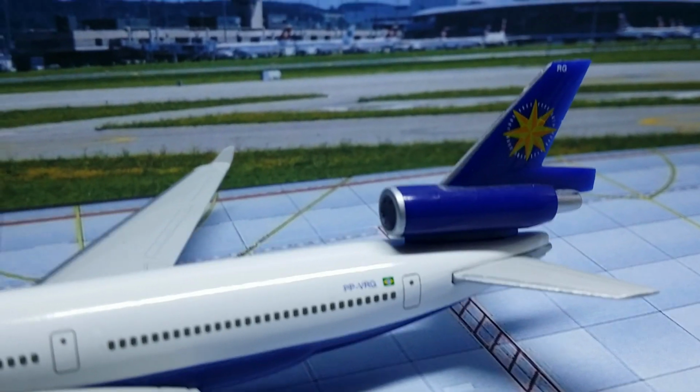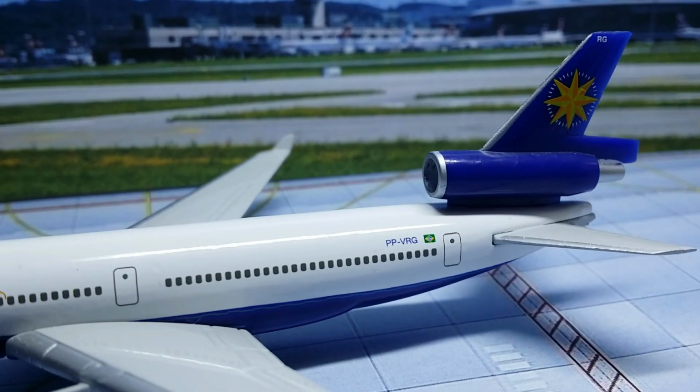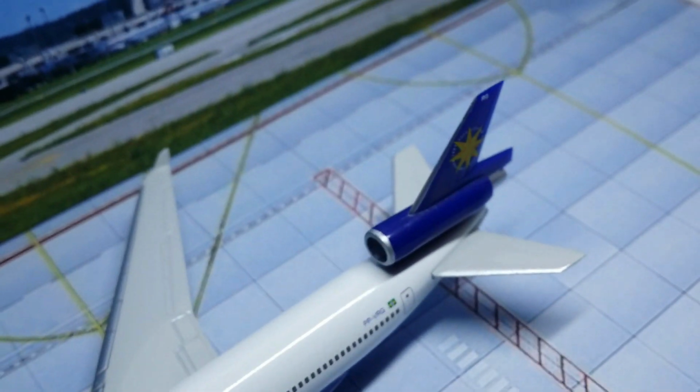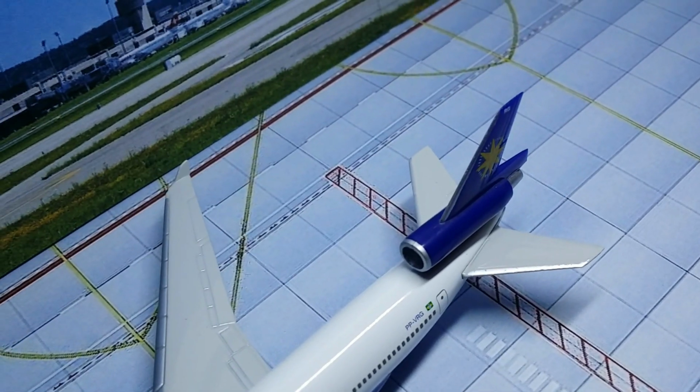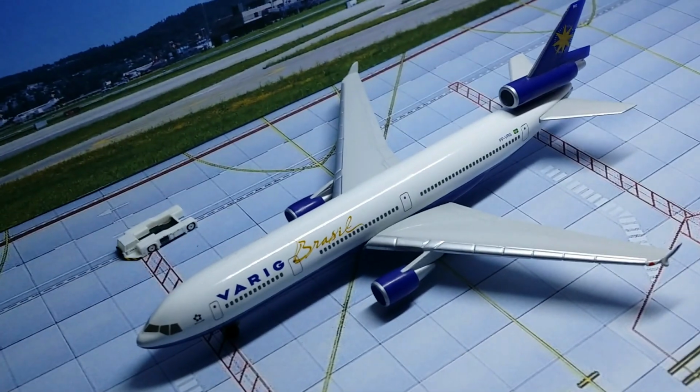The vertical stabilizer also has a silver leading edge, just like the engine cowling of the number 2 engine. And if we take a look at the horizontal stabilizers, you can see that they don't really have much detail except for the silver leading edge. And now taking a look at the wings of the plane,